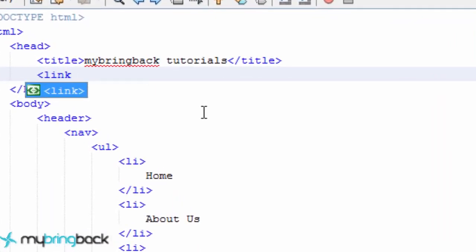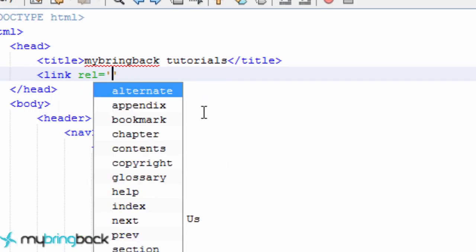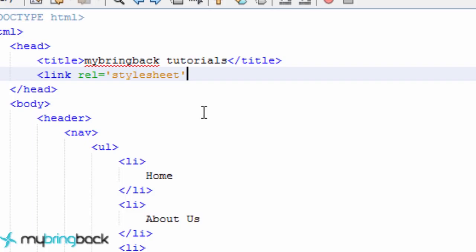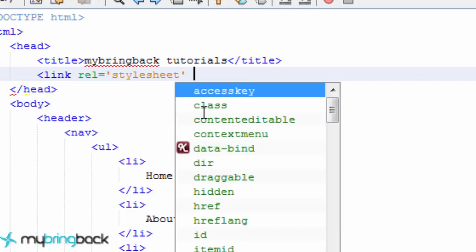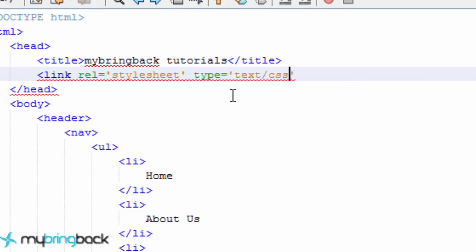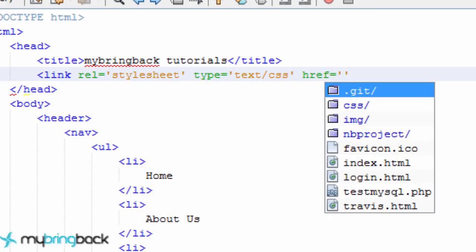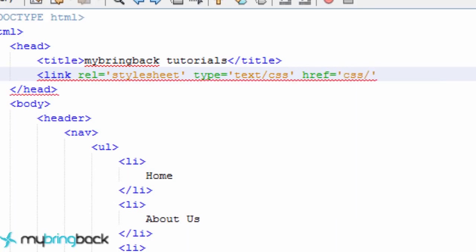So it's going to be a link attribute, and it's going to say what type is this, what are we looking at, and it's going to be a style sheet, a style sheet reference, and it's going to be of the type CSS, and you just type out text/CSS. And then it'll know it's a CSS file. And lastly, we have to give it a reference of where this file actually is located. So it's going to be within our CSS folder, and then just